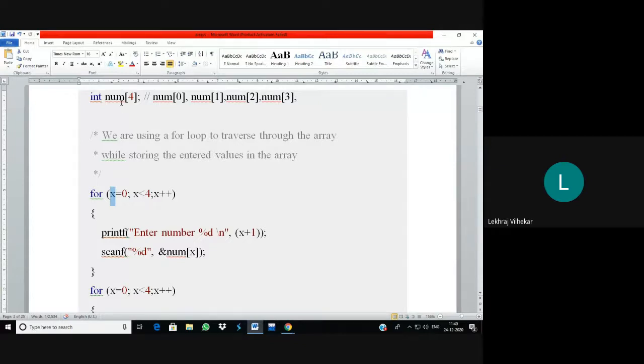Now what happened here? How is the memory allocation? Let's see how is the memory allocation. Num0 might be allocated. How is the memory allocation? That we will see now. Now num4. So how many elements are there? 4 elements are there. And what is the type of this array? The type of array is integer. So integer is going to allocate 2 bytes of memory, and here the 4 elements are there. Means this array is going to consume 8 bytes of memory.